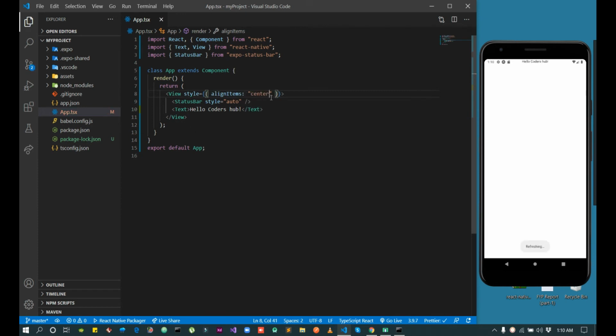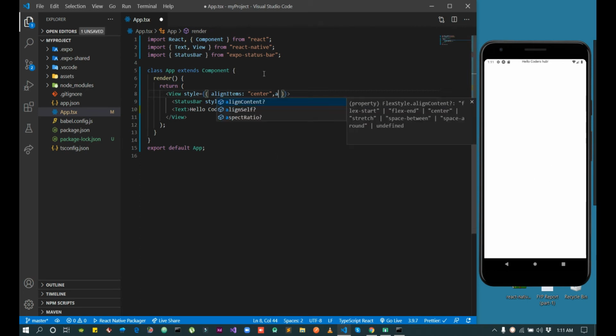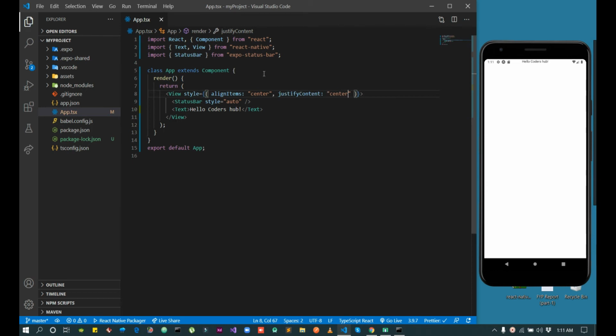As we save, you can see our text is now in the center, and we want this text in the center of the screen, so we will use justifyContent and give the value center to it.